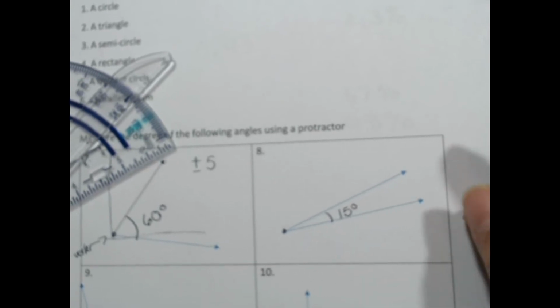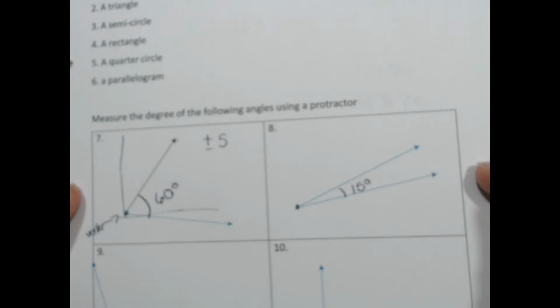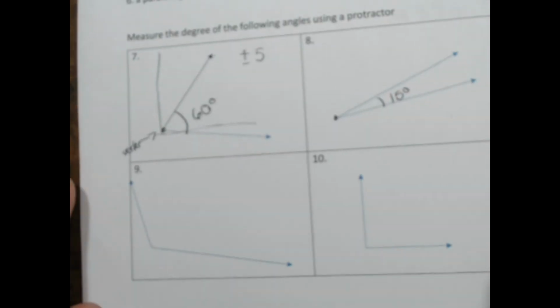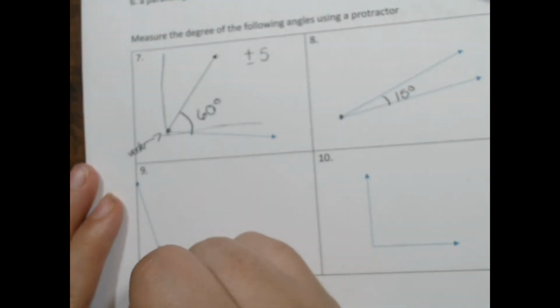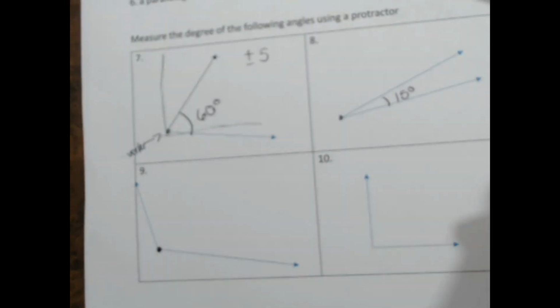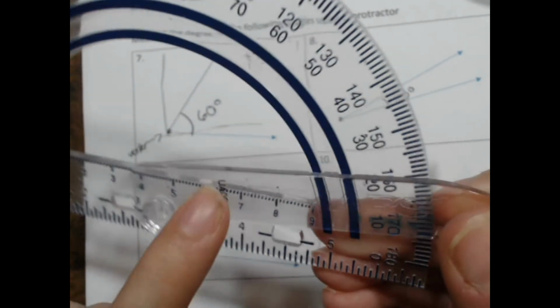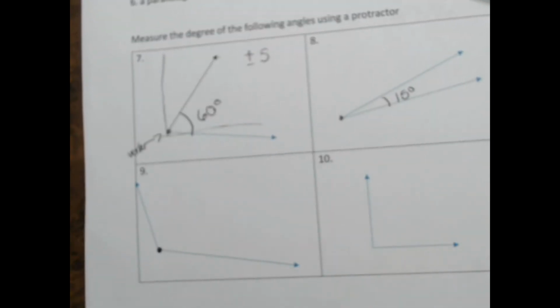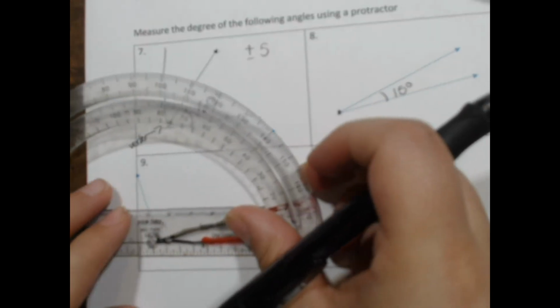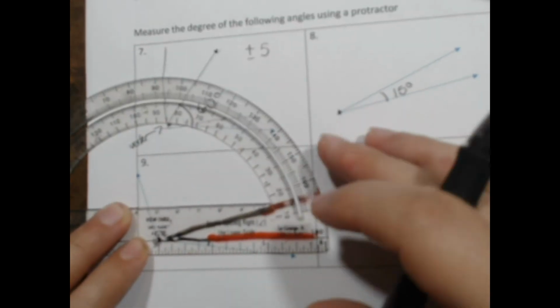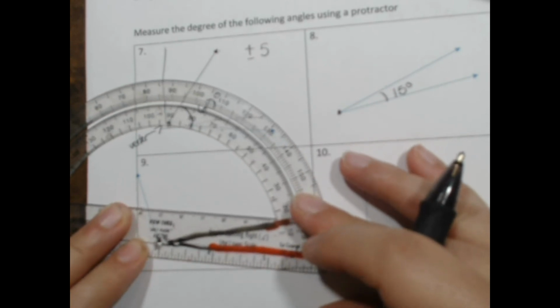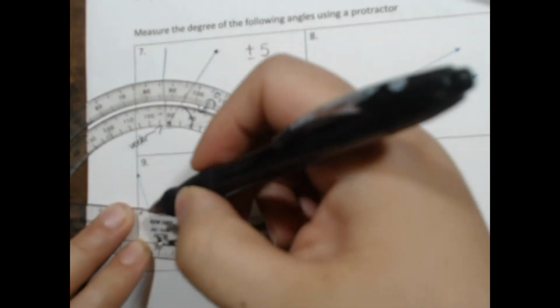Remember, plus or minus 5, so you could have 10 to 20 and still be pretty correct. It's not as precise, but like I said, this is an art. And if you don't have this arm, it is really hard to do. So let me do this one without an arm and show you what I mean. So I'm going to put my vertex in the hole, and I'm going to line up the line with the 0. And I am going to about here on my protractor, which is roughly